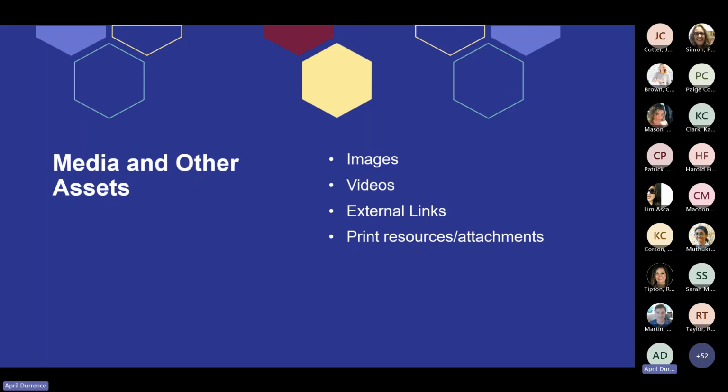Descriptive link text cannot be raw URLs or use click here language. So you want to give a very specific text that tells students where they're going. Print resources or attachments must also be fully accessible. HTML is best, then Word or Google Docs. PDF is a last resort because it's the most time-consuming to make accessible with all the tags necessary. Our OSC instructors and web team are working hard to convert hundreds of help documents from PDF to HTML and are doing a fantastic job to meet that April 2026 deadline.